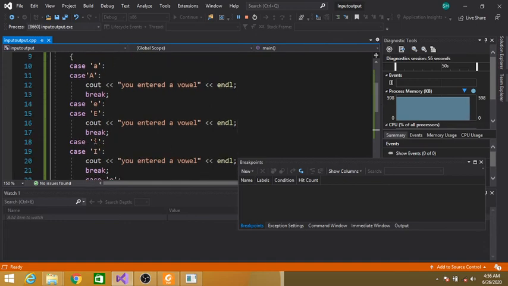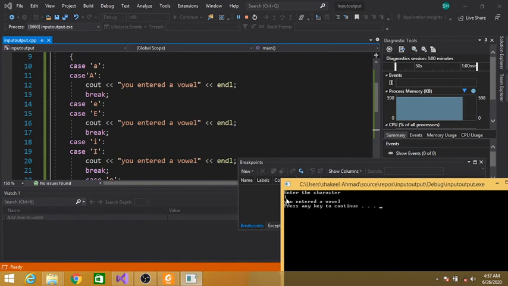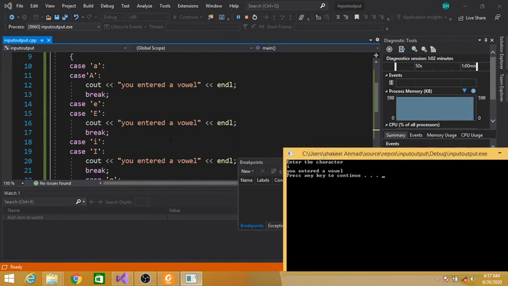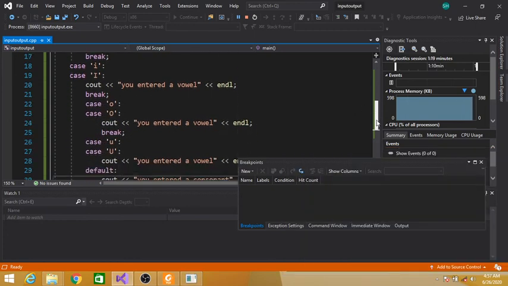So does I match with lowercase i? Yes, we have entered lowercase i. So the control will execute this statement, you entered a vowel. And next, break will take the control out of the switch statement.